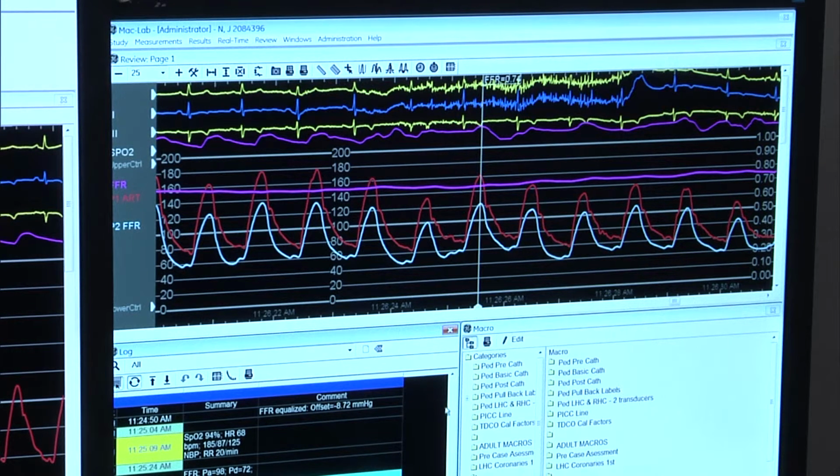So the bottom part was 0.75, the middle part was 0.80, and the normal value, over 0.95, was in the very proximal part. You can explain what this means to the audience. Yeah, so fractional flow reserve is an important indicator, using a hyperemic response, of whether or not there's an important gradient across